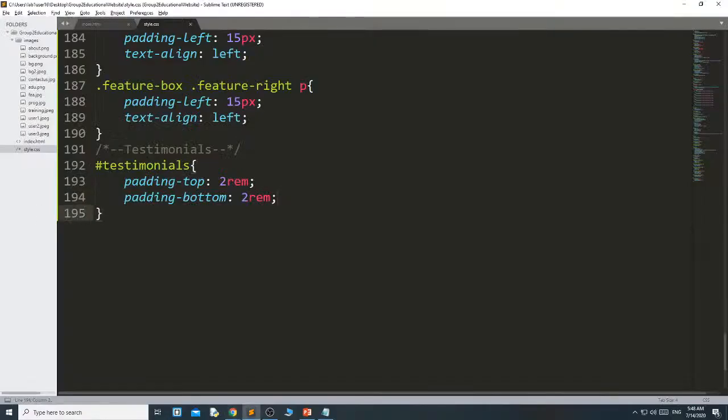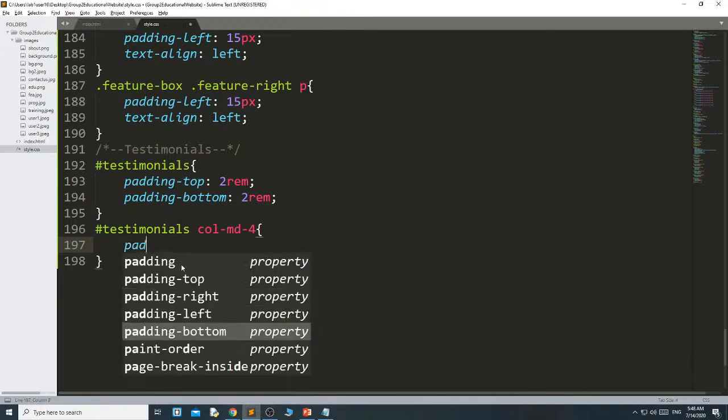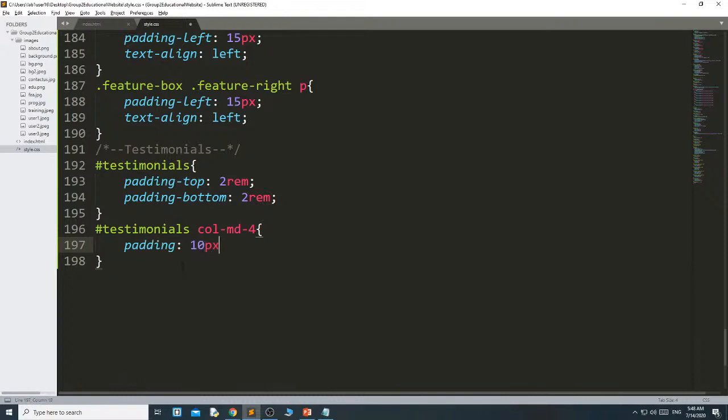Then we will style the container as testimonials, col-md-4. Then for this I am giving padding 10 pixel, 30 pixel, means 10 pixel from top and bottom and 30 pixel from left and right.